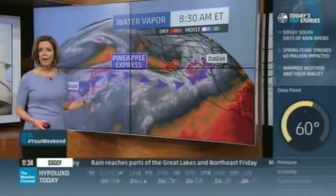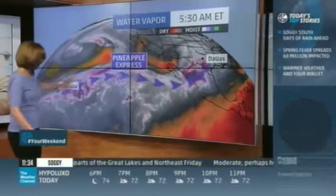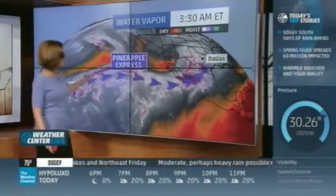And where is it coming from? How about Hawaii? That moisture can be traced all the way back over to Honolulu. We call it the pineapple